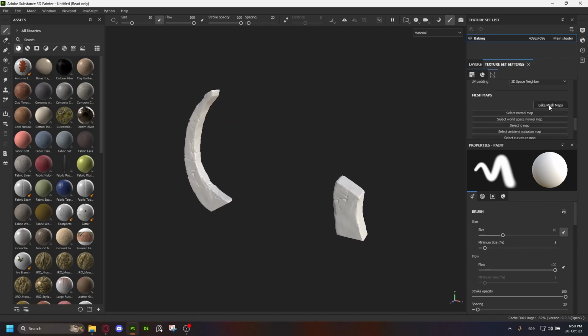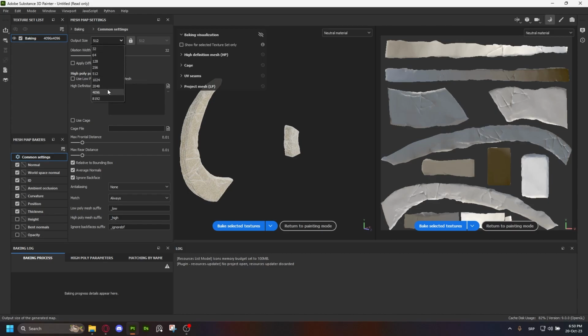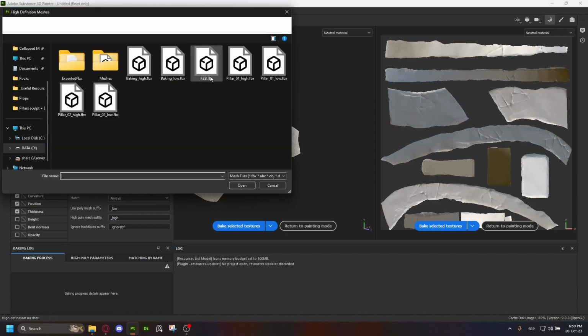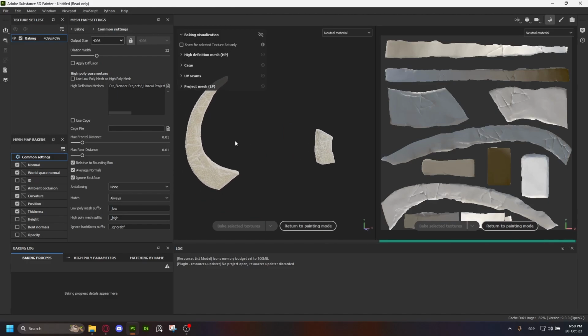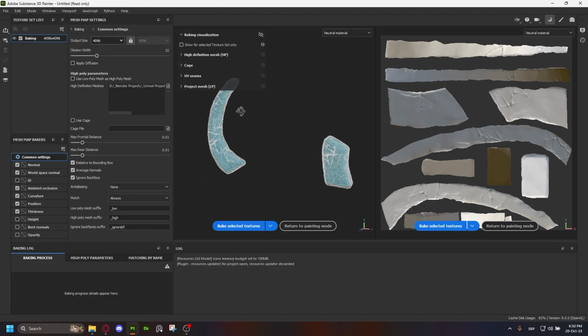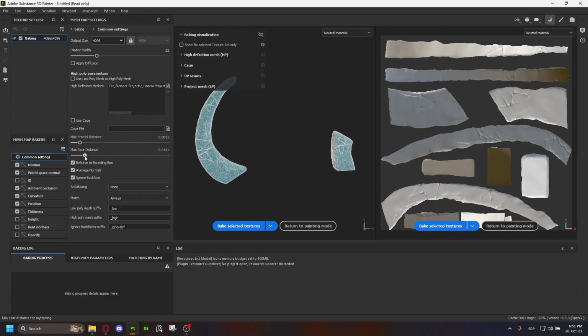We will go down to the Bake Mesh Maps section. In here, I'm going to choose 4K. I'm going to go to the high poly. I'm going to disable the color map or ID map. Every other map we will need. And I'll just adjust this frontal distance so we can get a bit crispier bake, maybe a little bit